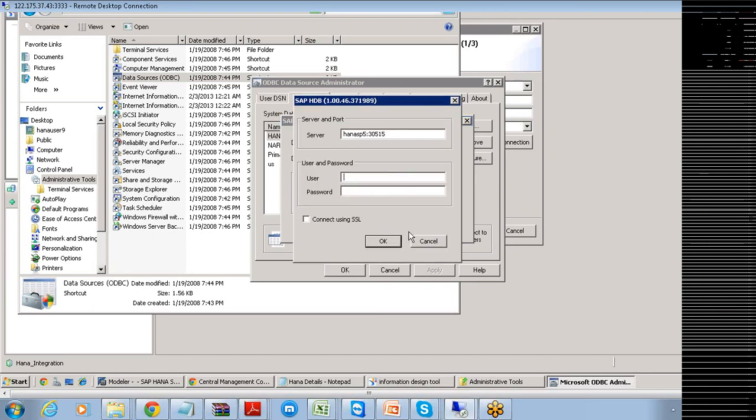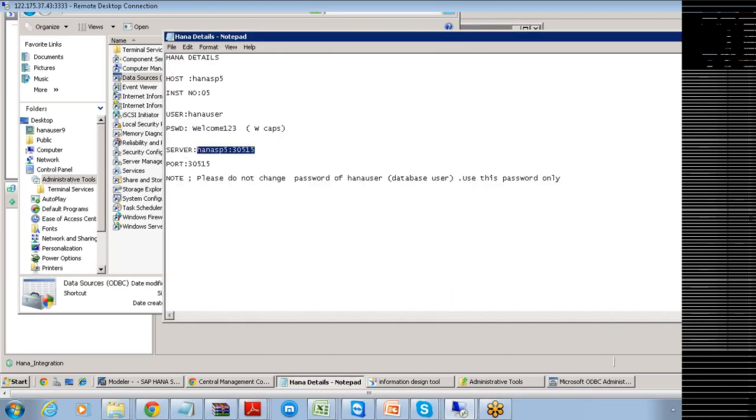So what should we do here? See, we should not give HANA user 1 and Archana 123 here. The thing you need to give is HANA user and welcome 123, with WS in caps. This is what connects to the HANA database basically, right?